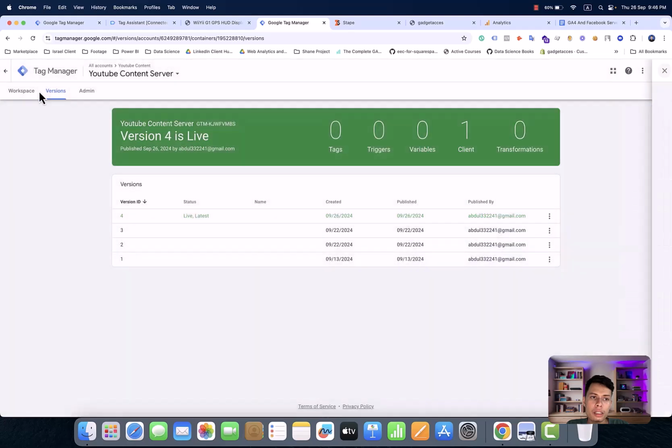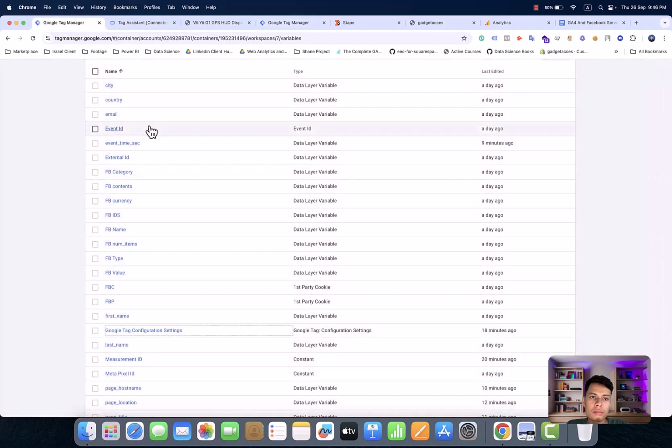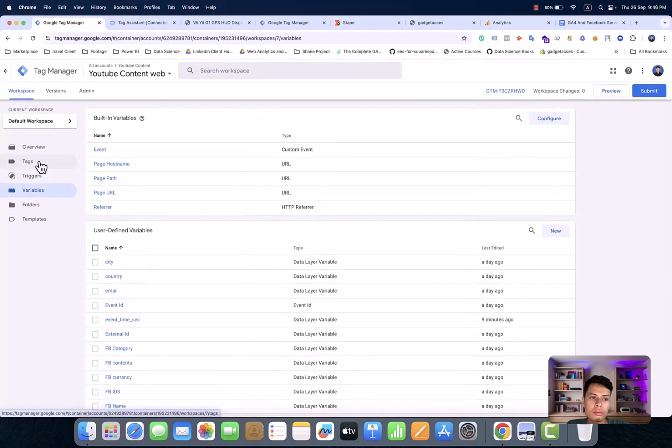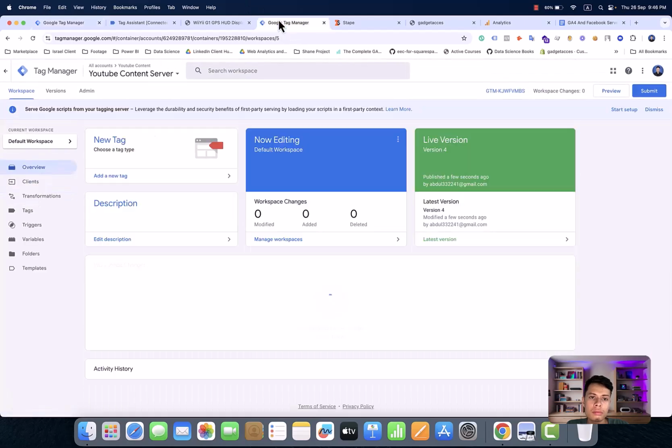No worry, it will be working. Let's delete the preview mode from the web container. Okay, let's go to the preview mode again